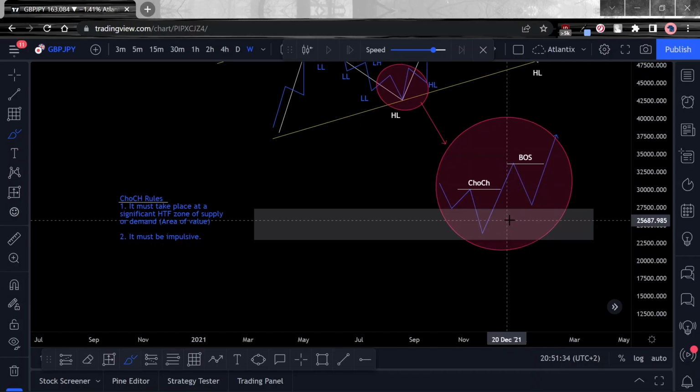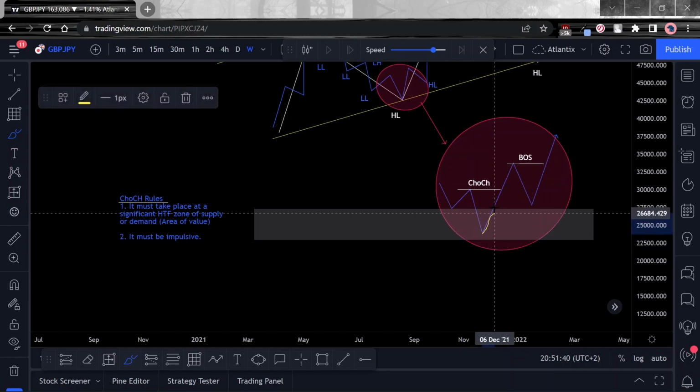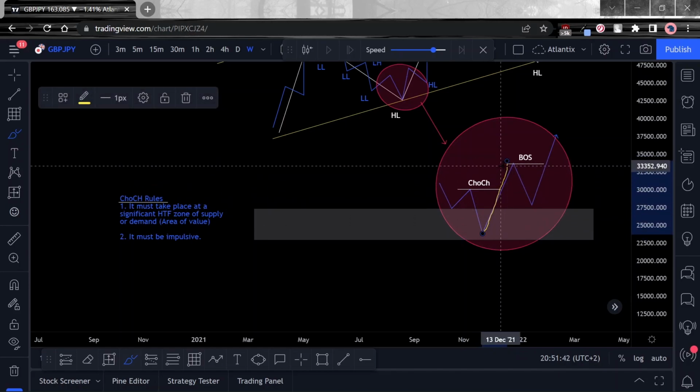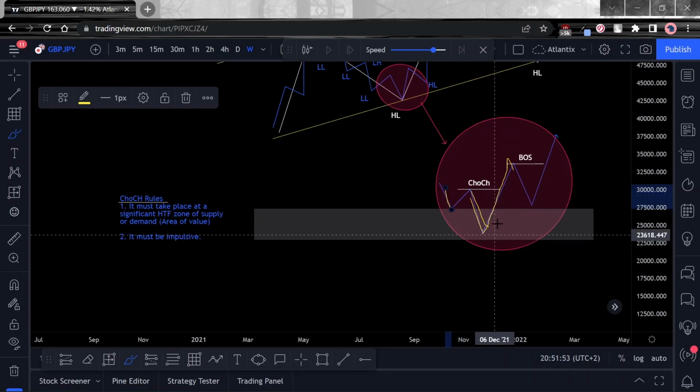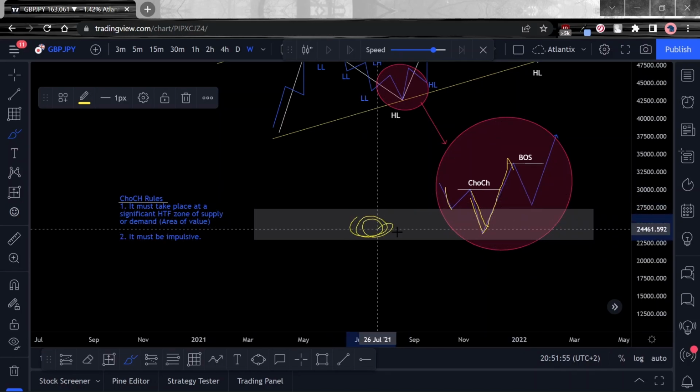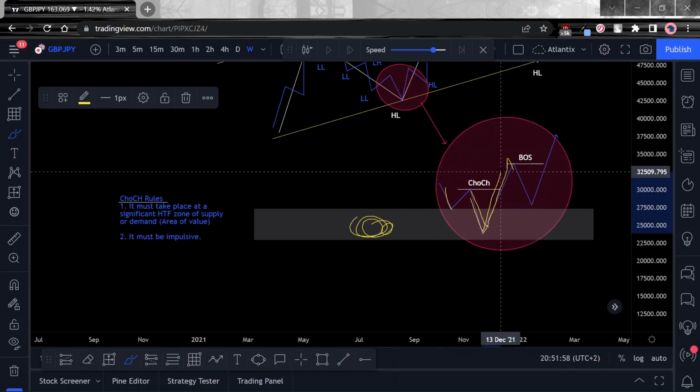So because you're sort of going against the trend, you want to see that the buyers are stepping in with a lot of force. And we've already discussed how to determine if this is an impulsive move in relation to this counter trend move. You'll see it when price hits your higher time frame point of interest. You want to see this price shifting up, and you know that there's a high probability that the buyers are going to keep holding the market, and the market will shift in direction.